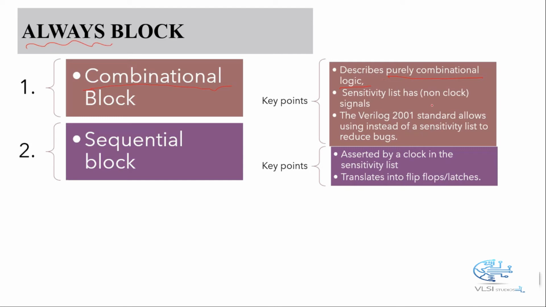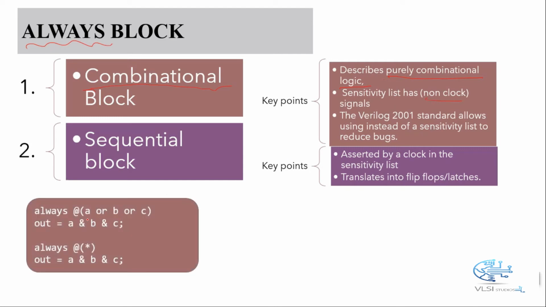For example, here we are showing the always @ block with ABC. So these are our sensitivity list. Whenever there is a change in our sensitivity list, or in our case these are the inputs, the output will change, and it will go into always whenever there is a change in A, B or C.